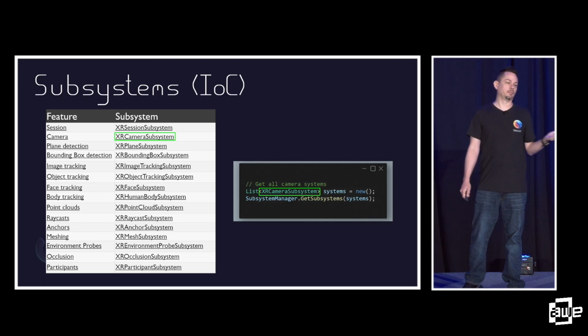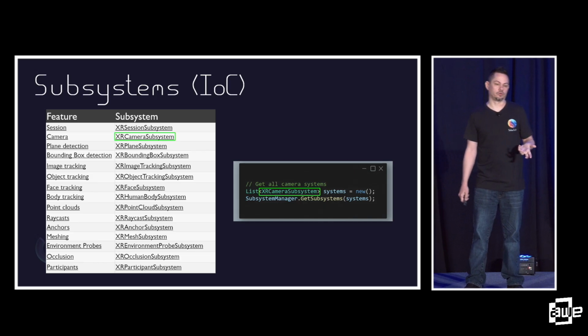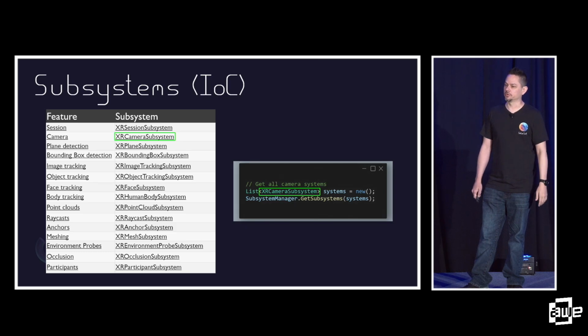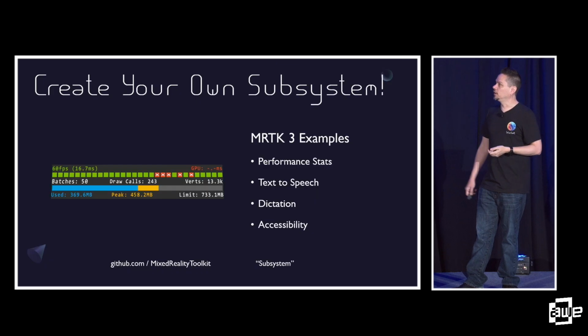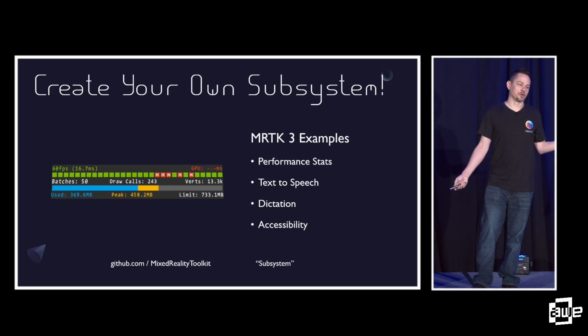This is actually a pattern called inversion of control. And you can implement inversion of control using your own tools. Unity does it through subsystems, and this is a great pattern for creating portable code. So if I wanted to do my own scene detection system, I can create my own, clearly.